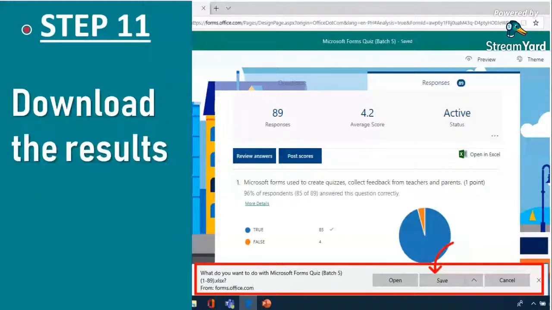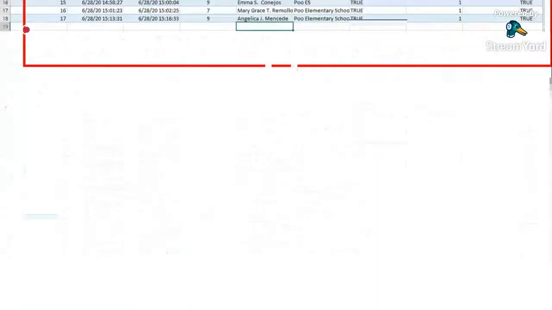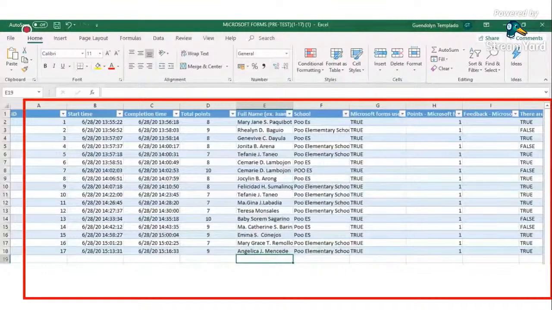So Microsoft Forms lets you open the results in Excel. This opens up all the responses in spreadsheets which you can review, share, or even edit as needed. So in a spreadsheet format, you can decide now to represent the data using a chart, using graphs, any other graphs. Okay, so this is now the example of an Excel file. Okay, and now let's move on to the types of questions in Microsoft Forms.